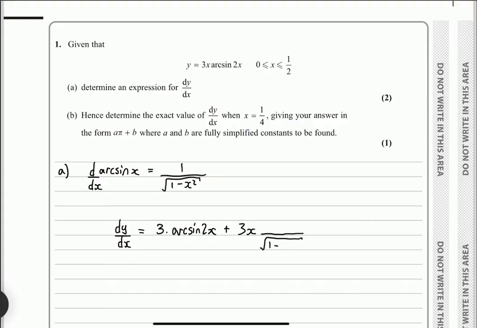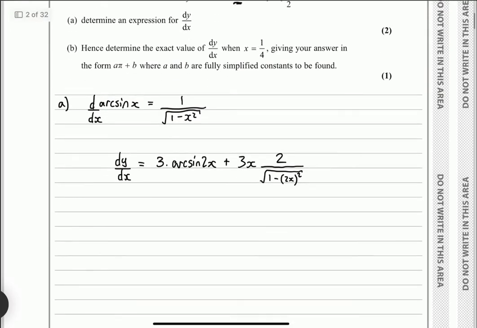So we get 1 minus 2x squared, and then the 2x here, we need to differentiate that and multiply it. So we get 2 over instead of 1 over. Tidying this up a little bit, we get 3 arcsine 2x plus 6x over the square root of 1 minus